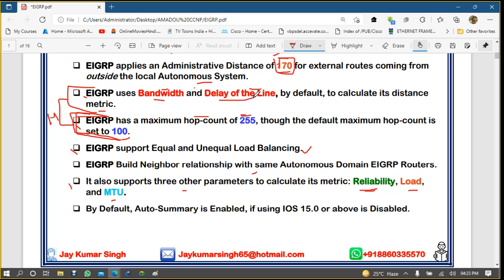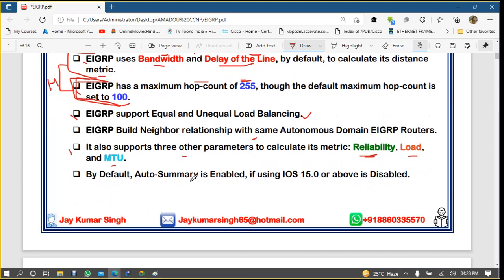By default, auto summary is enabled. Remember I told you that auto summary is enabled. If we are using IOS version 15.0 or above, it will be disabled automatically.